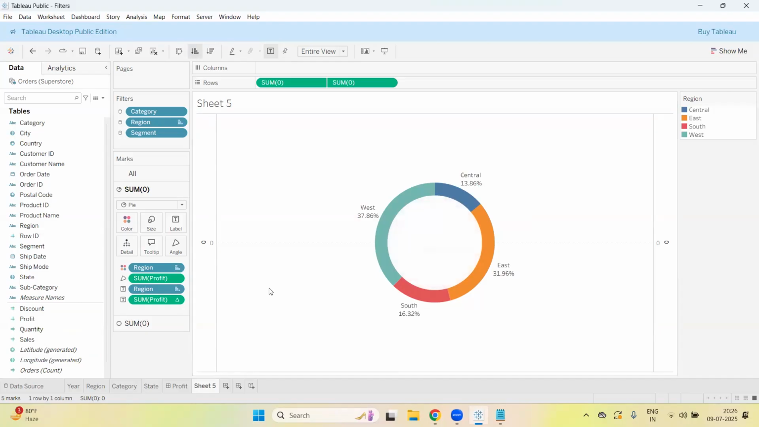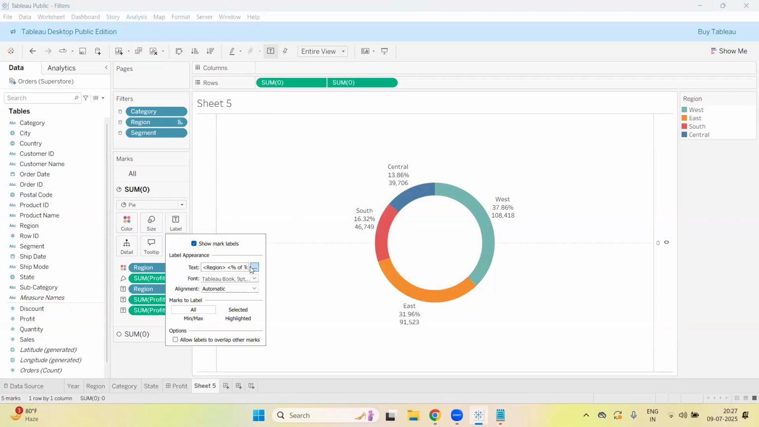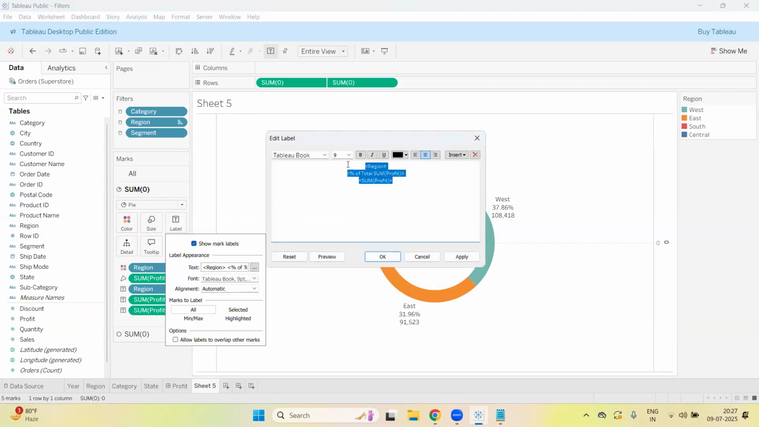So you are going to have the higher value followed by the least. Right, so the sum of the values, starting is the West followed by this. Now in the label, I'm adding the profit also in the label. And in the label, now I'm going to modify the text. I'm going to increase the text size,